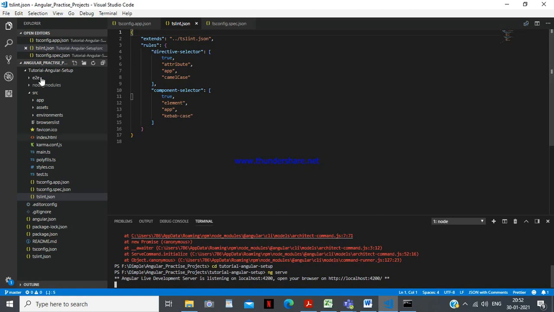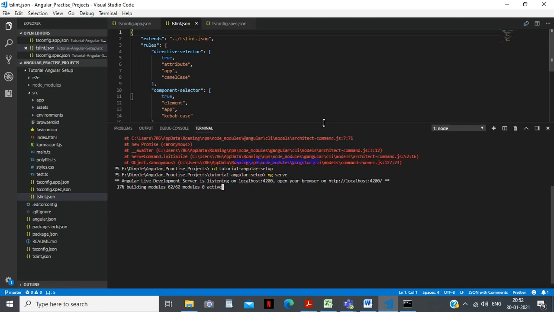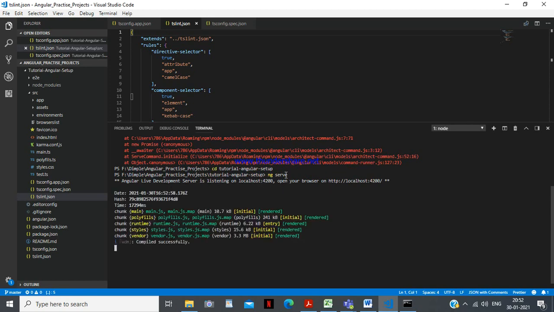Because the node packages are inside this folder. So first you have to go to your project folder, that is the tutorial Angular setup, and from there write the command ng serve. By default it will run on port number 4200.